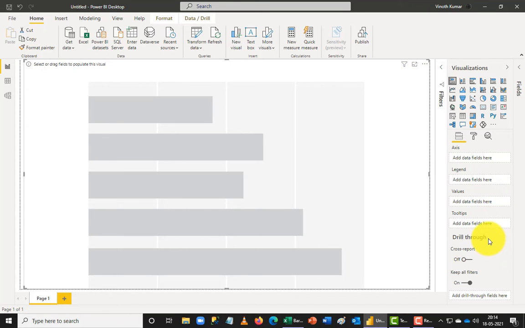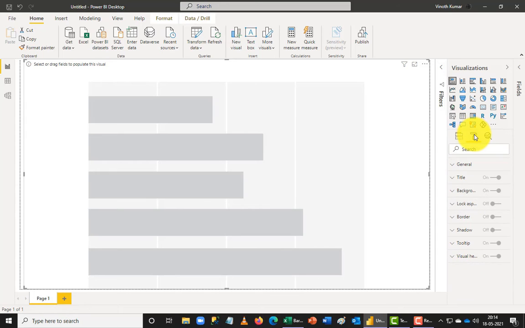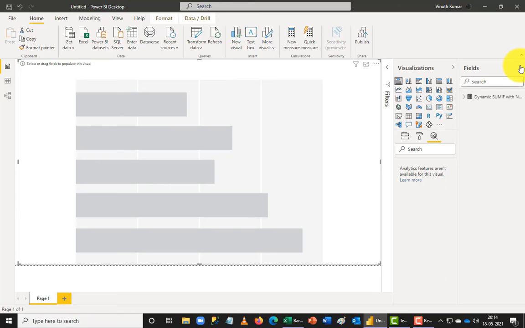I can use drill through options either by cross report, or I can use keep all filters here. When I come back to the format, as I didn't add any data here, you can see the following dimension comes into play. Once I add the data, the screen will become a little different, because you will see a lot more dimension than this. Then in the analytics component, you don't see much here. As I add the data, you can see them all. So I'm going to add a simpler data first so that I can understand the data better.